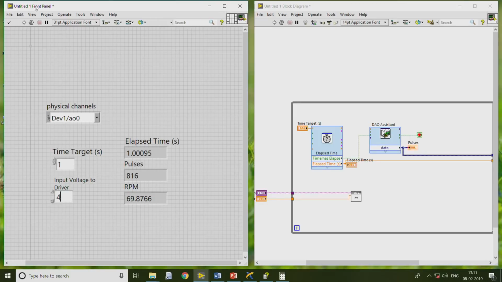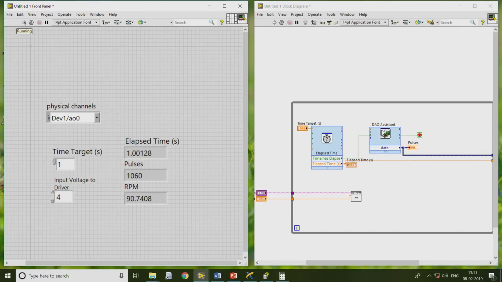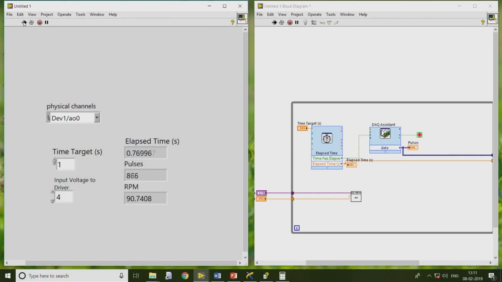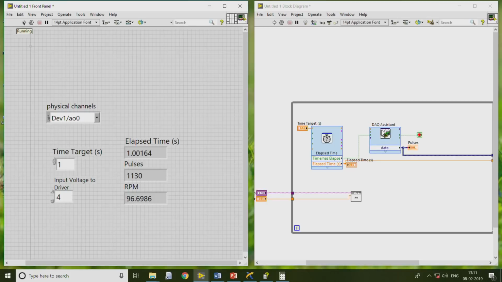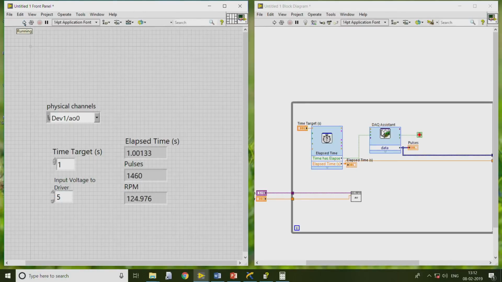For 4 it is 96.6, about 97. If I change it to 5, it is 124, 125.